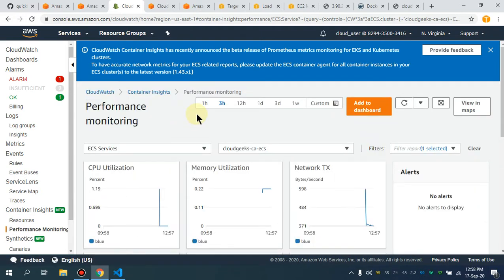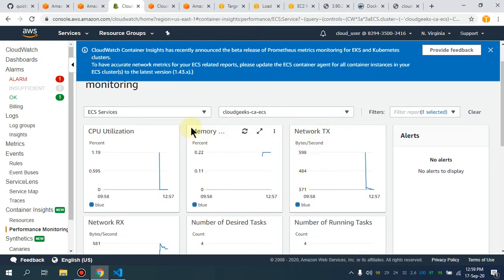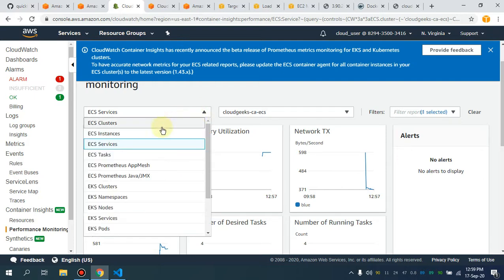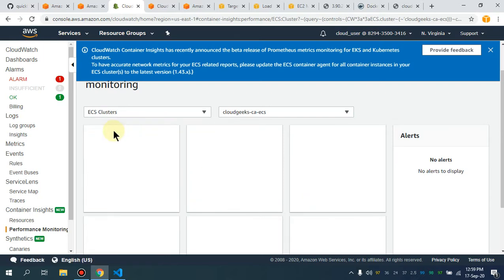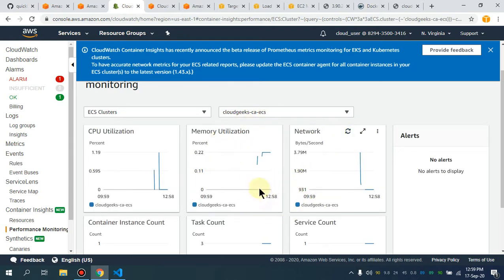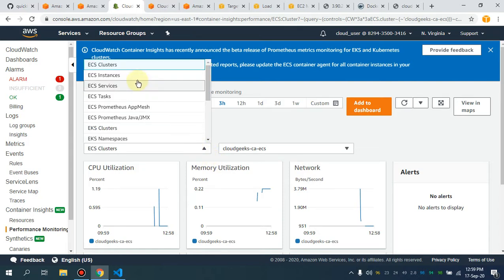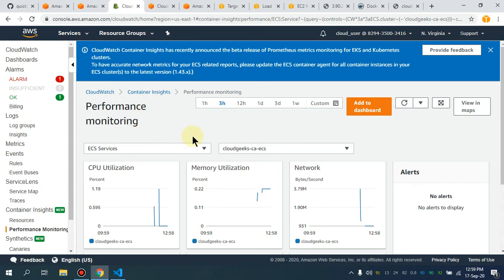It is going to show you everything with regard to the CPU utilization by that particular service, memory, and also, instead of going back, you can simply select your ECS cluster or ECS instance. Let me first show you the ECS cluster. It gives you the full detail, but let me give you a drill down section of this. If I navigate to the ECS section,